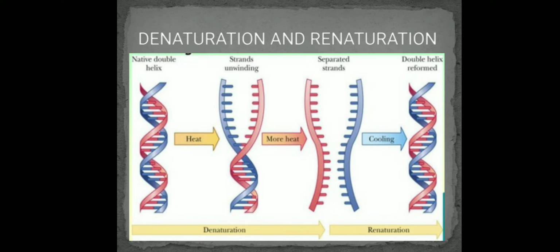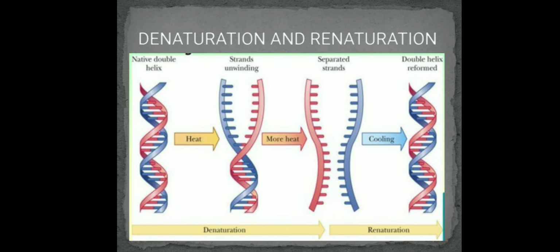So moving on to DNA denaturation and renaturation. As we all know, the native form of DNA usually exists as a double-stranded helix. You can see there is a red strand and a blue strand. The red strand is representing one strand and the blue strand is representing another strand. So DNA is a double helix. It has two strands in it. For example, we are going to take DNA in a buffered solution, in a test tube or in an Eppendorf tube, dissolved in a buffer solution.